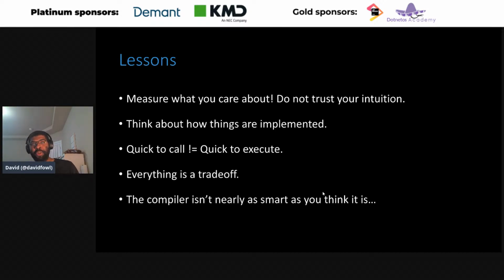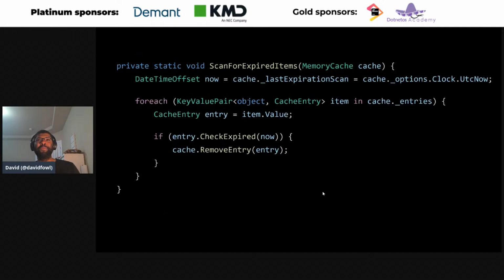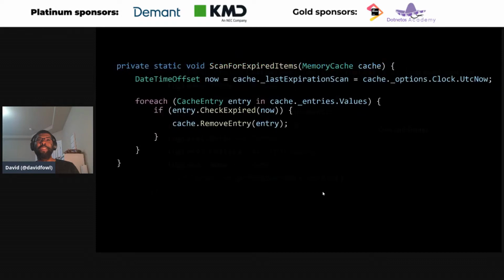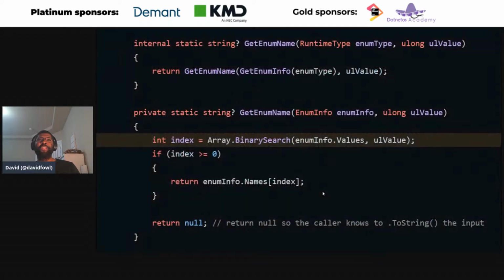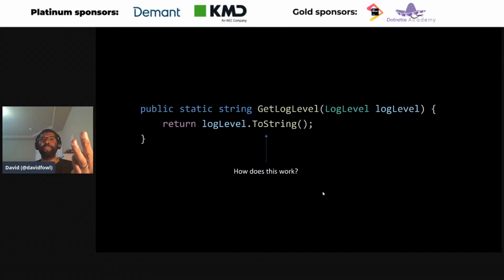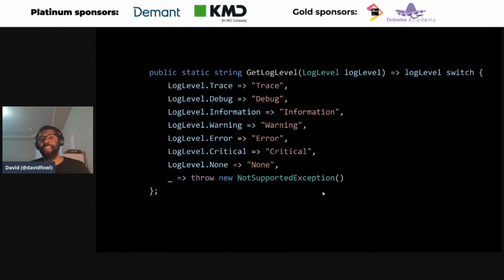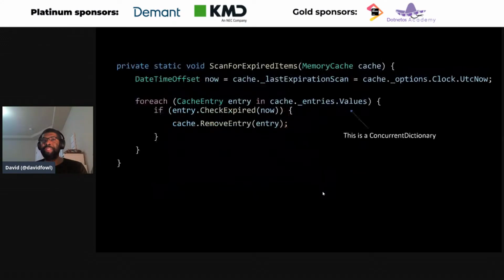Yeah. So don't just assume that the compiler will turn my toString enum... Where is that code? I went too far. Don't assume that the compiler will take this and turn it into the switch, right? It doesn't do that. Maybe in theory it could, but right now it doesn't.